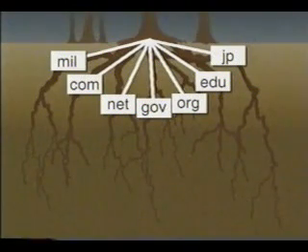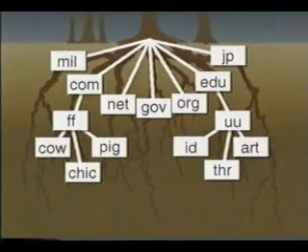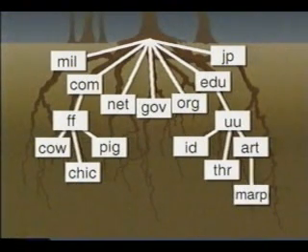or geographical location. Below these top-level branches reside the individual organizations, such as Friendly Farms, a commercial company, and the University of Utopia, an educational institution. Below University of Utopia, for instance, are industrial design, theater, and art. Underneath these organizations reside the machine or host of the organizations, in this case, the machine named MARP in the